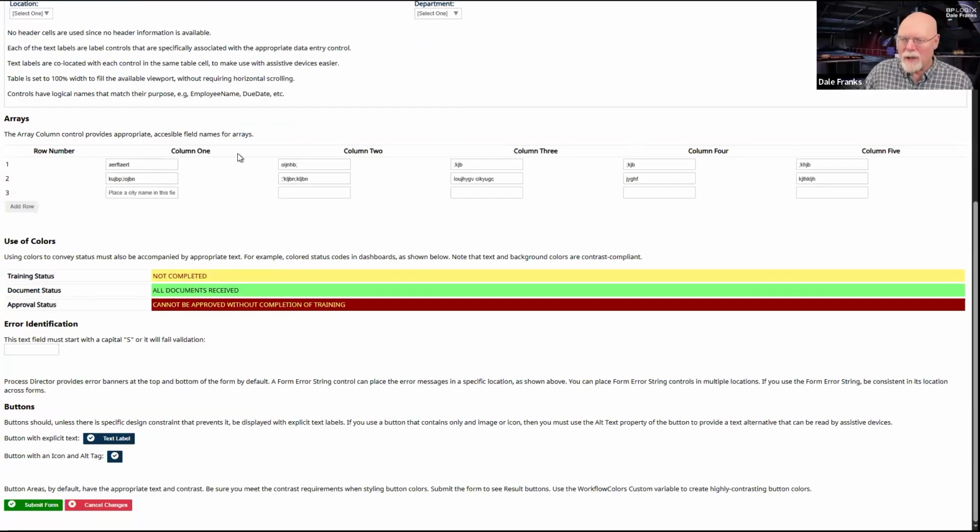Well, then I can't really use the array column control. Now I've got to individually label those controls, and that's going to have the potential to look ugly whenever you start creating multiple rows of that array. And I don't really have any advice for how to implement that. So that will just have to be something you'd have to get some direct assistance from one of our implementers with. But arrays